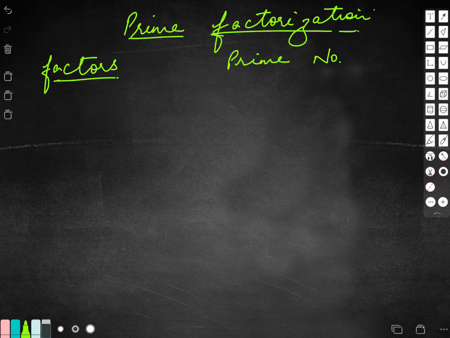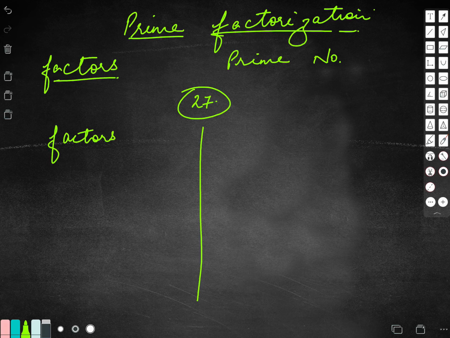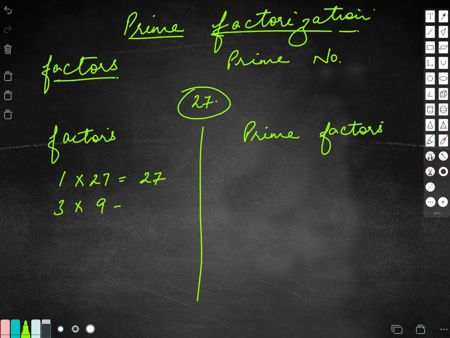Got it? We have to find out factors. That's perfectly correct. I will take an example and show you both first. Let me take the first sum in your book. There's only one question, 6 parts. So this is the first part. If I just want to find simple factors, and then in the second part I want to find the prime factors. Okay? So first, simply, when we are supposed to find the factors, you now very well know the process.